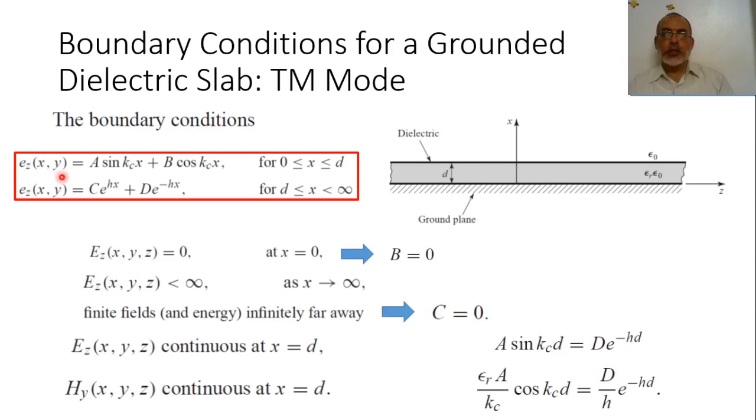In the above equation, partial Ez by partial x would be A kc cosine kcx. And in the second equation, partial Ez by partial x would be minus hd e to the power minus hx. Now, by equating the two derivatives at x equal d, it would be